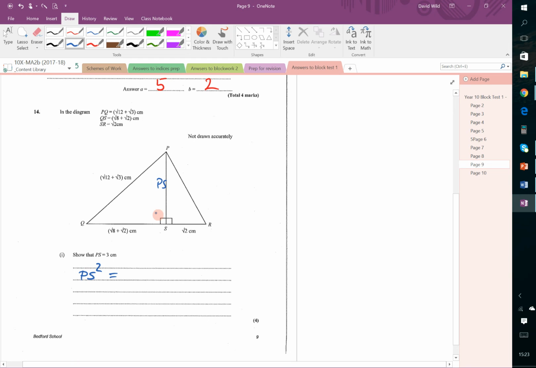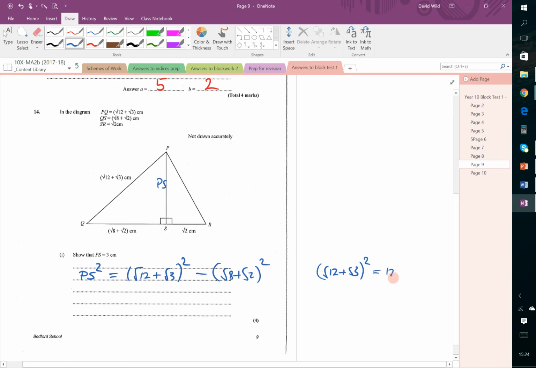PS is not the hypotenuse, so we need to subtract them. So we're doing the square of the other two sides. Root 12 plus root 3 squared minus root 8 plus root 2 squared. Okay? Now we need to square out this bracket. So if you want a little side thing that squares out the bracket, that's fine. So root 12 plus root 3 squared equals